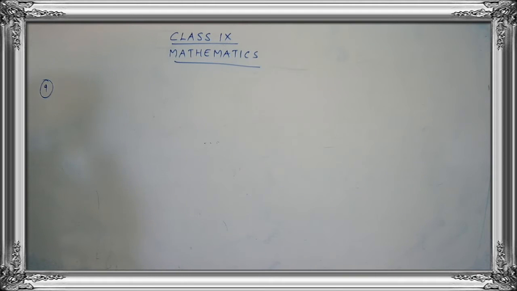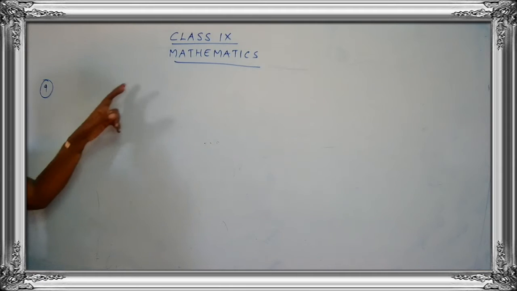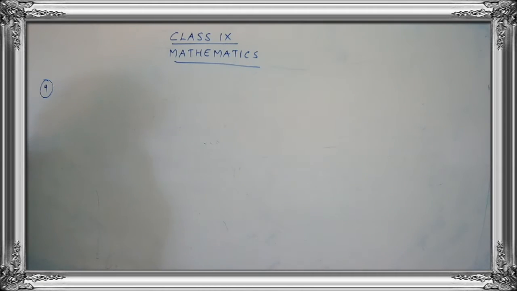I hope you remember the instructions that I have given you. Whenever you start a new page, you have to draw a margin and the rough column. The question numbers should be written inside the margin. And if you have any rough work to be done, you have to work it out in the rough column. And as soon as you finish one sum, you have to draw a line. Just remember this. Have a habit of following it.